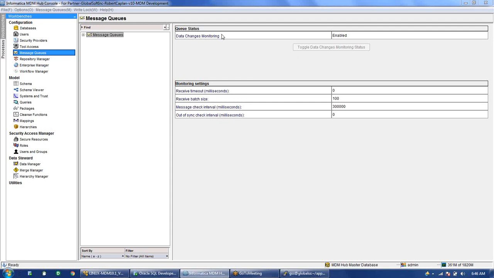But here, if we set up the message queues, that is basically real-time. Real-time in the sense that whenever a record comes into MDM, it will also be sent to the downstream system. Whenever it is updated in MDM, it will automatically get updated in the downstream system also. Similarly, merge and unmerge, whatever happens in the MDM, similar things will automatically get reflected in the downstream systems. That's a real-time integration which we can set up using the message queues.